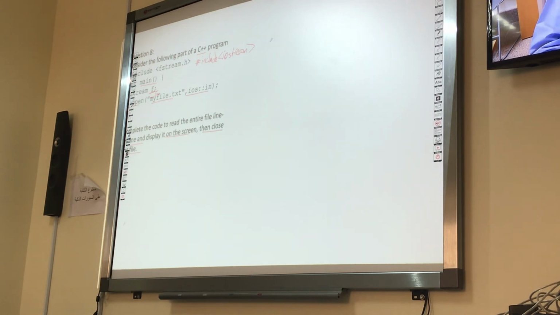Okay, so the first thing I can do in the code, a good practice, is I can check whether the file is opened successfully or not. So I can say if f dot is open,